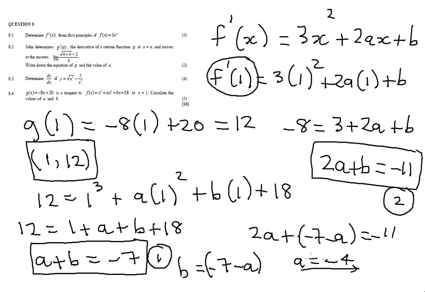And then to get the b value, you can simply sub a back into either equation 1 or equation 2. I'll just go and use it back in equation 1. So b will just be equal to negative 7 minus a, which was negative 4. So it's negative 7 minus negative 4, which is going to be negative 3. So your solution